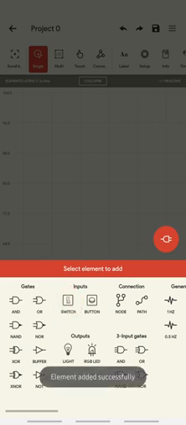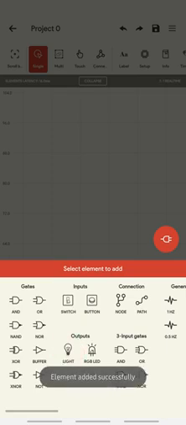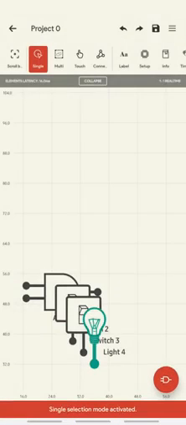So two times I'll click on the switches, and elements are getting added there. Okay, and I need a light to indicate the output. So you can see these components are added here.